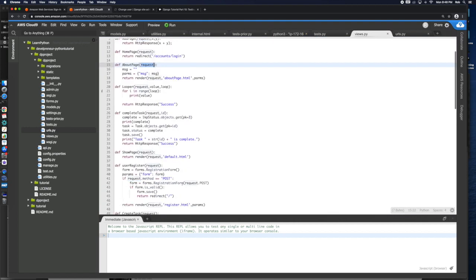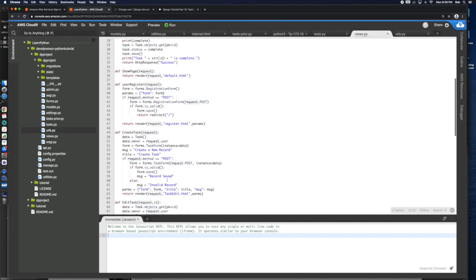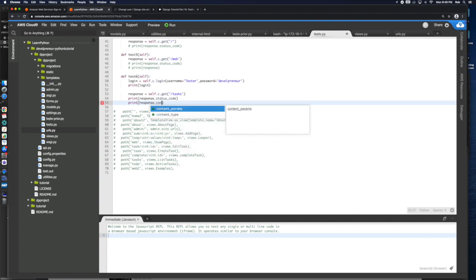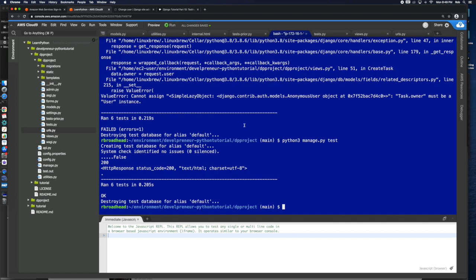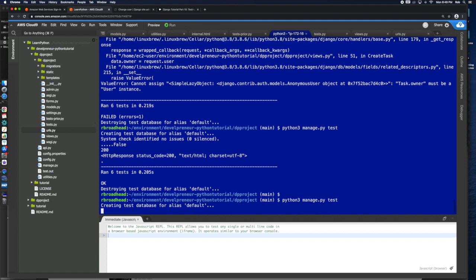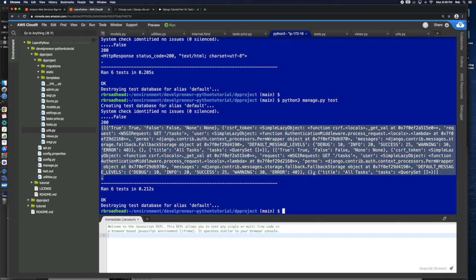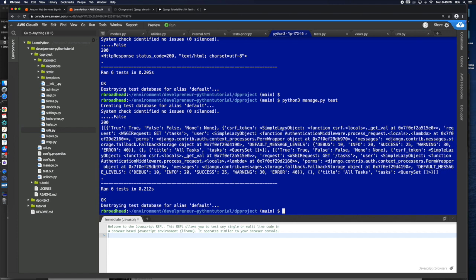So let's take a look at, that is not it. We're going to take a look at this, and instead of just our response status code, we're going to look at our response dot context. And I think if we get that, let's see what we get out of that. So now we see that we actually get something much more interesting. We've got a true, a false, and none. We've got that